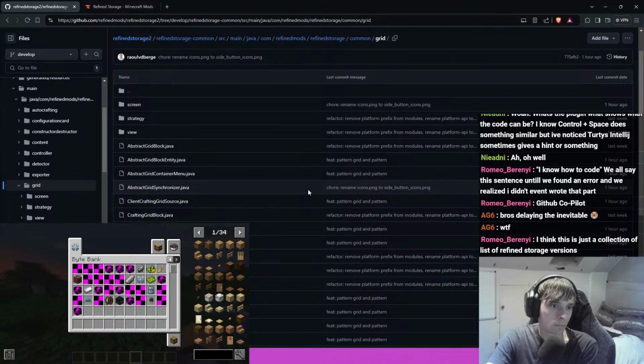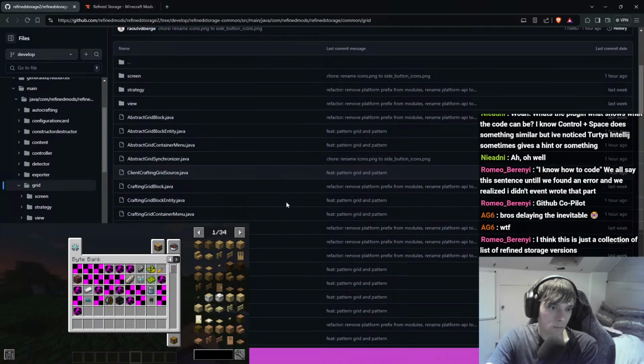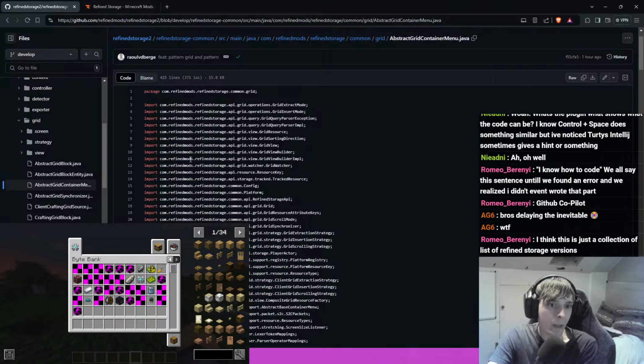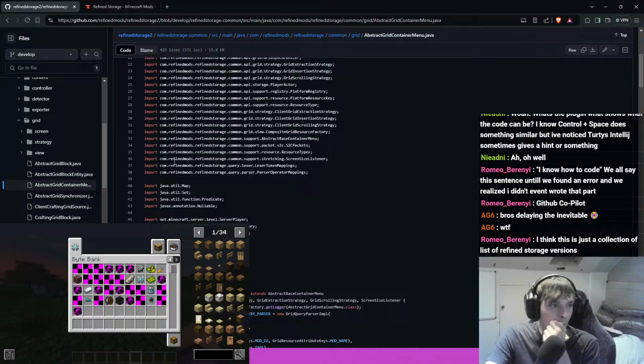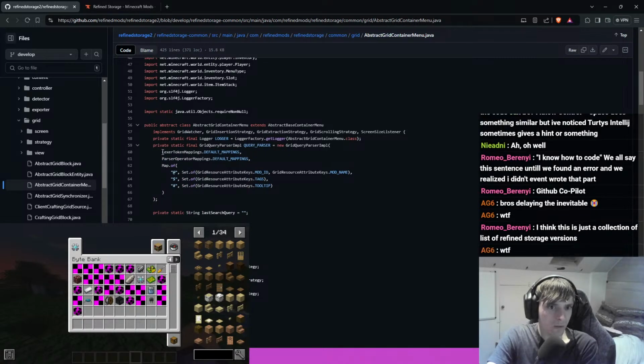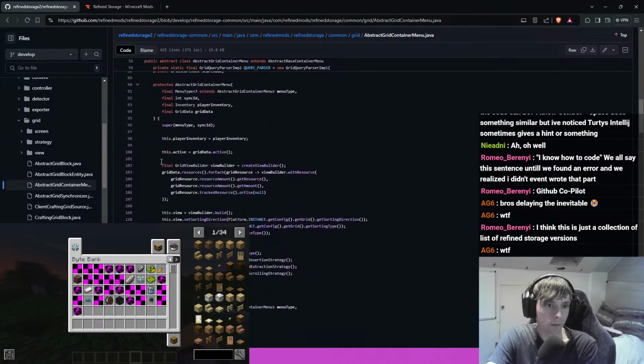Grid. Oh my goodness. Okay. Abstract grid container menu. Oh, that's the first time I've yawned. We're making progress. They have Alexa and a parser? What? Oh, for like tags and stuff. That seems unnecessary though. Like, you don't necessarily need that. Regardless,